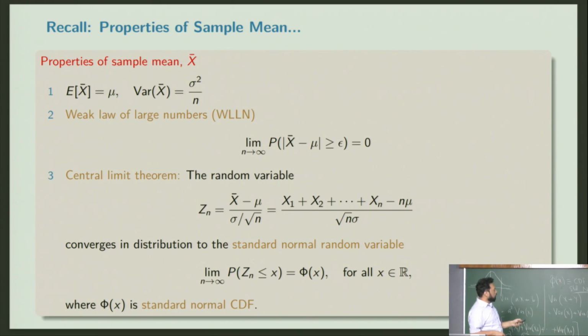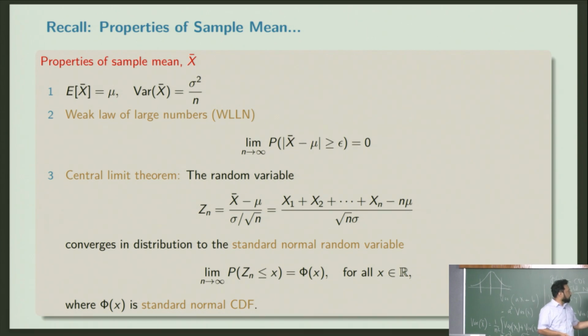This is what the central limit theorem says: regardless of the distribution you have, as your sample size grows, if you do proper scaling, both additive and multiplicative, then the CDF of this scaled random variable Zn behaves like standard normal. I can use this in calculations. Someone might give me a problem with data like this, and I can use this as a numerical method to find these values.